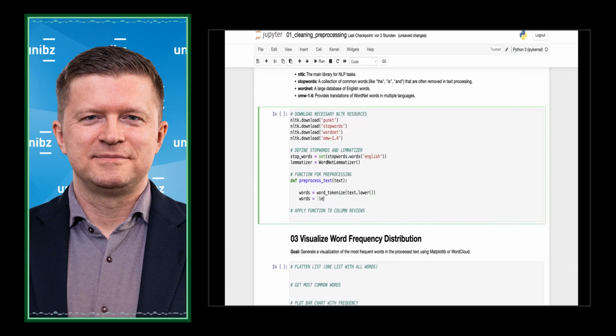And then we can use the lemmatizer on each single word. And now we write a for loop.